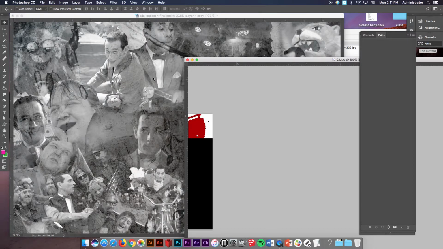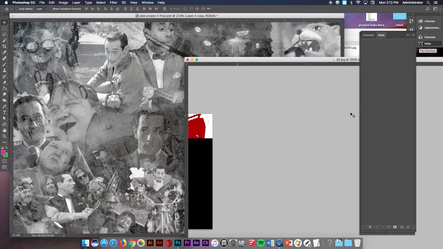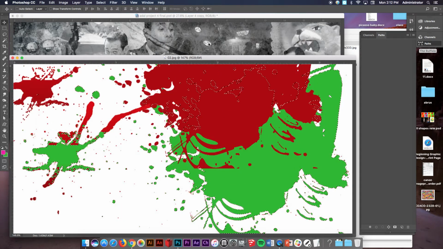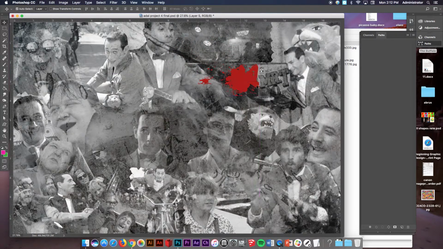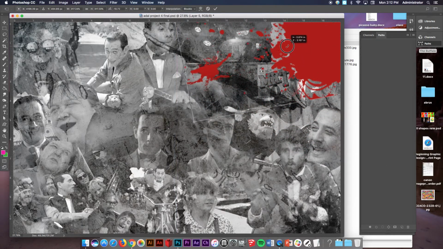I'm going to take the move tool and now move it into here. Oops. For some reason it didn't grab the red. Let's try it again. There we go. That's better. All right, now same idea. Command T, resize, rotate, decide where it goes. And maybe on here, what I can do is